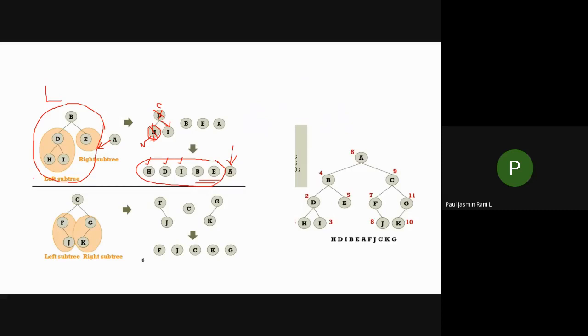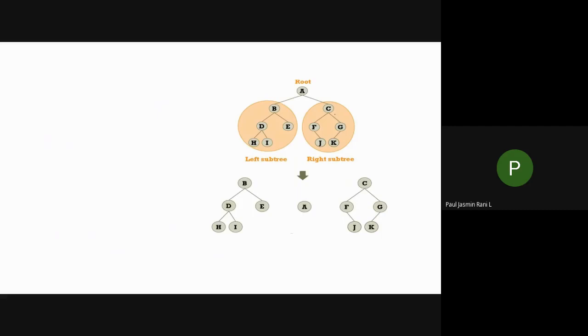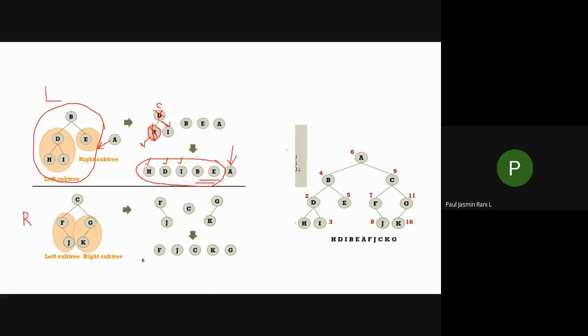So this one, okay, this is nothing but the right subtree of your root element. Okay, the right subtree of your root element. So in the right subtree, I'm going to take this diagram. Can you follow this one? So now I am going to concentrate on the right subtree element, that is this one. So what happens here? Let's see how it is categorized. For this, I'm going to say this particular node is the root element, that is a parent. Okay. So C. This is your left subtree and this is your right subtree.